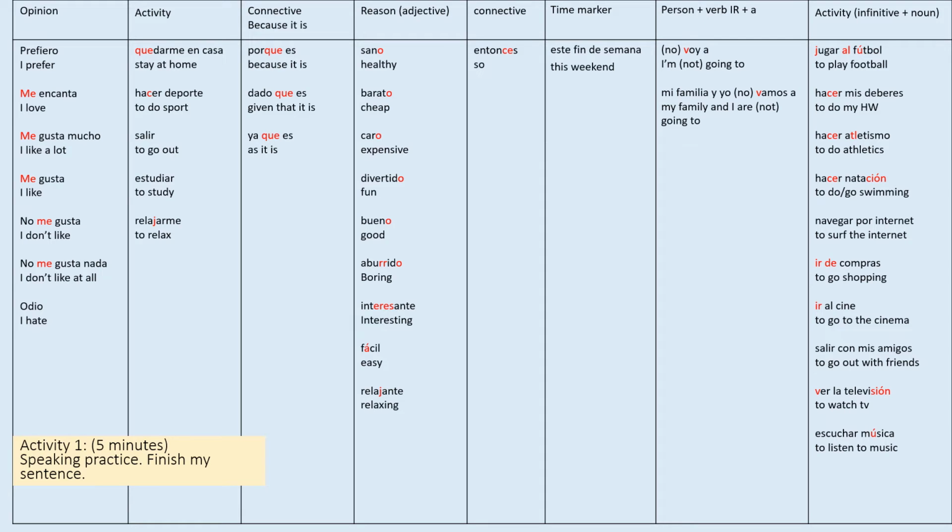Let's try some negative ones now. No me gusta nada salir, dado que es caro. Entonces, este fin de semana no voy a ir de... And again, no me gusta nada salir, dado que es caro. Entonces, este fin de semana no voy a ir de...